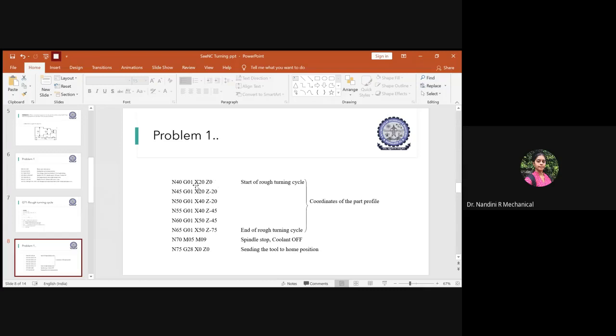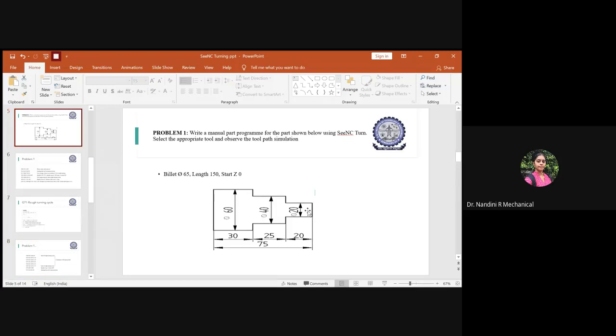Now put the coordinate system as per the diagram. So now you need X equal to 20 and Z will be 0. Towards your right is positive Z and towards your left is negative Z. So if you take any value towards your right, you will write a positive value.